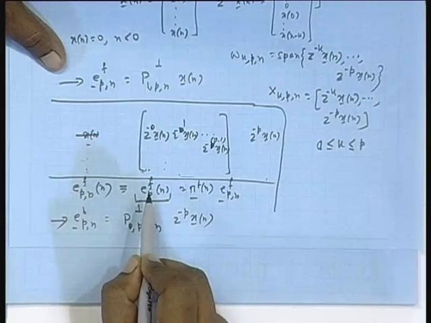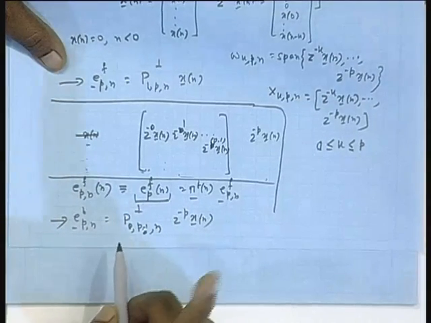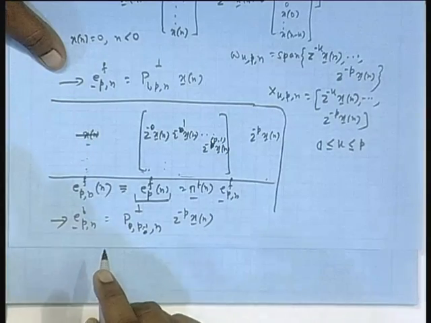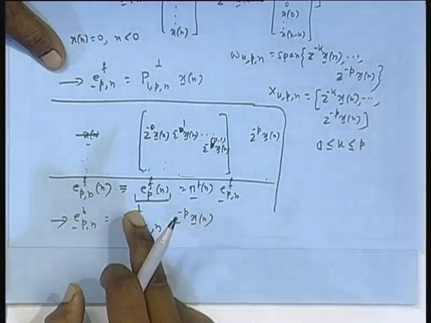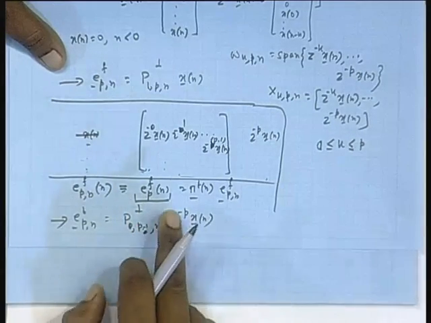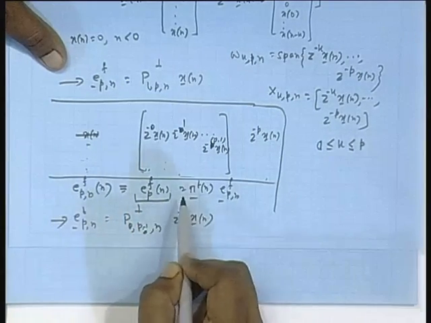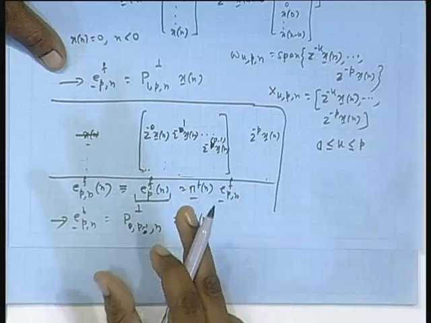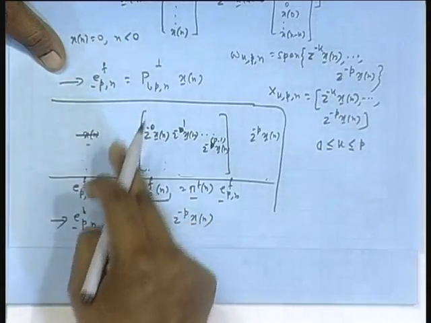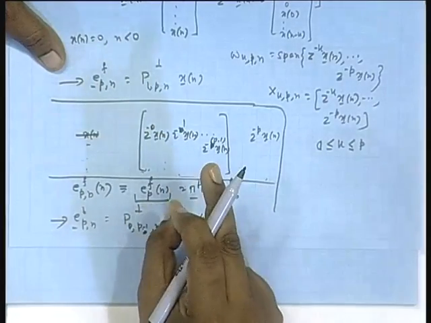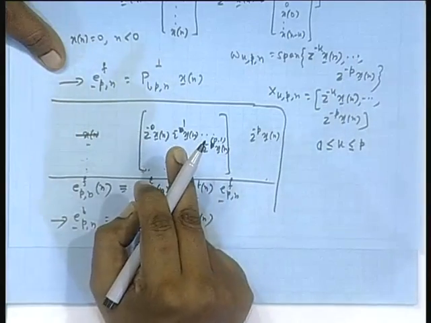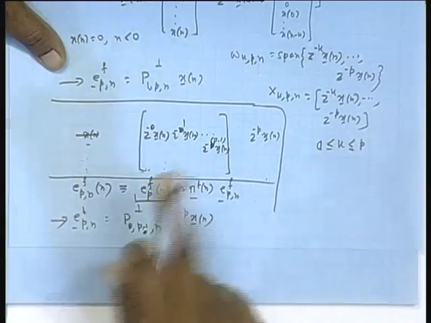Its physical meaning will be what? I am taking data up to index n minus 1, taking a prediction error vector whose length will be 1 less than the previous one, because I am taking data up to n minus 1, and then taking the last component of that. Then if I delay it further, EPF n minus 2, that will mean I am taking that estimation process where I am taking data up to n minus 2th index, then finding out the prediction error vector, then taking its last component. That way, please understand this line of reasoning.